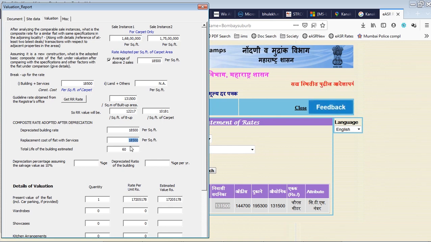Composite rate after depreciation will be here. Total life of building may be inserted here. Depreciation percentage and the depreciation ratio will be automatically calculated.